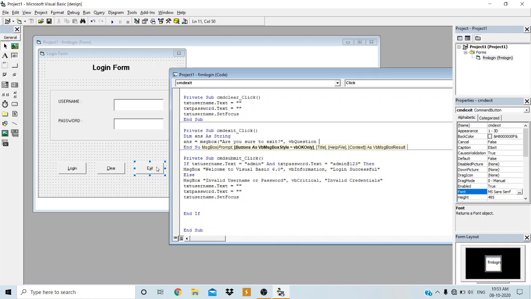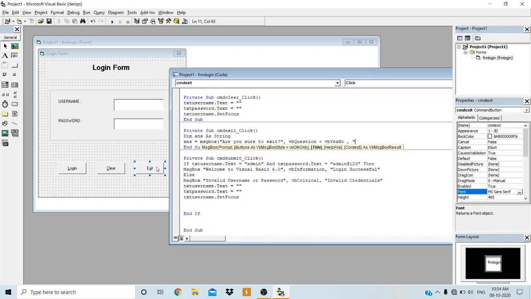For this, the default message box button is only the OK button. But here I have to give two choices, right? Whether the user is sure to exit or not, yes or no. So I will use the button vbYesNo, two buttons. So how to add the button here? The syntax: after this icon we have to type plus, then type the button name, vbYesNo, then comma,